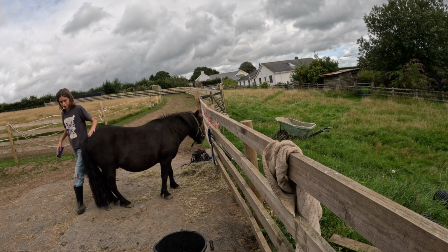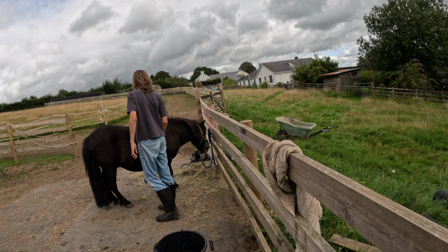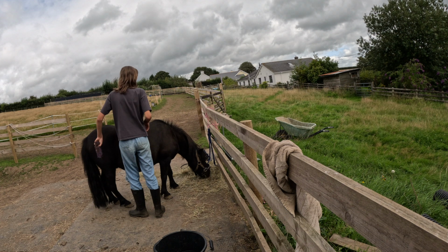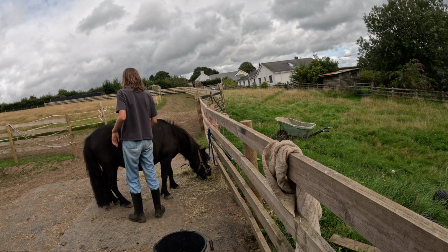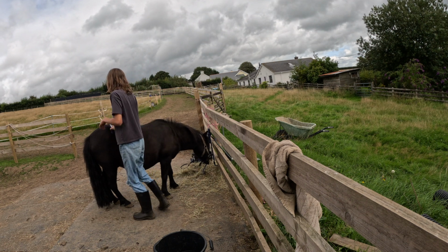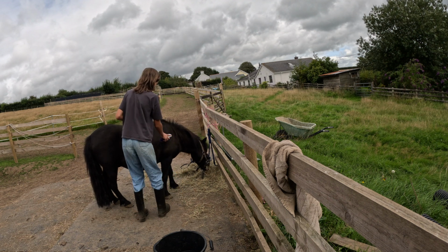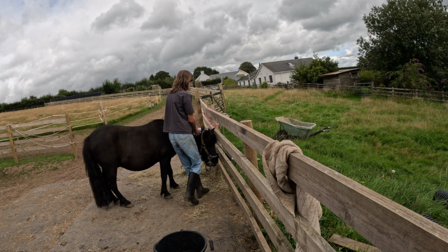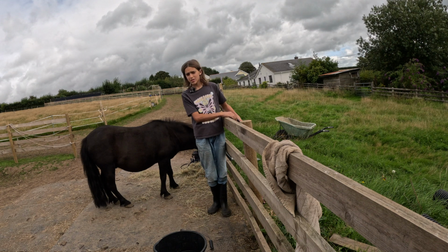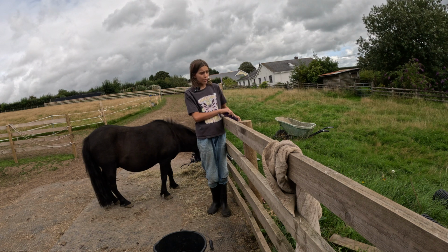You are currently in Chino's grazing muzzle again. Chino, I never realised how big Chino's face was until a few months ago. Well, actually no, I have known it for a little while, but Chino has a very big head. So Chino is size pony for his tack and saddle pads and stuff like that. But for his face, the size pony does not go over his nose. He's got a humongous face, and so his grazing muzzle is size cob,